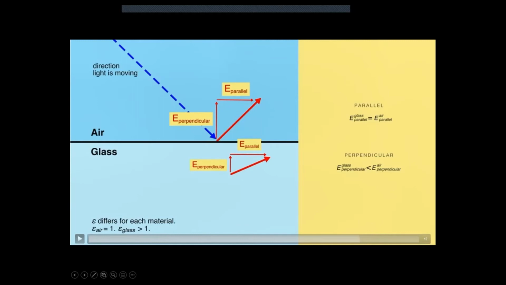As a result, what happens to the hypotenuse that you're looking at? This is the electric field. It's no longer pointing in the same direction. Notice that it just got tilted. And this is the direction now the ray is moving in. So that component that you're looking at, let's just draw this out one more time.